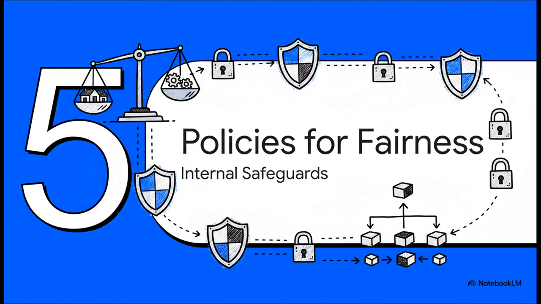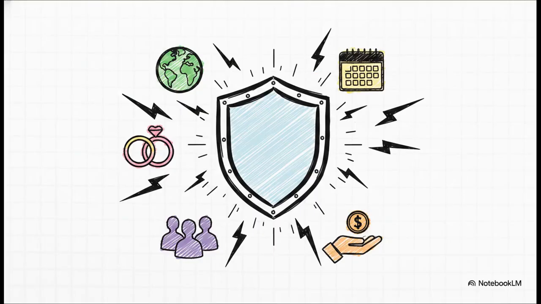Which brings us to our final section, Section 5, Policies to Ensure Fairness. What are the internal safeguards? Well, to safeguard against bias, you kind of have to know exactly what you're fighting, right? The standard clearly outlines that internal policies must actively prevent discrimination based on race or color, religion or national origin, sex or marital status, age, or whether any of the applicant's income derives from public assistance programs. Entities have to explicitly explain how they ensure comparable loan terms regardless of these specific factors.